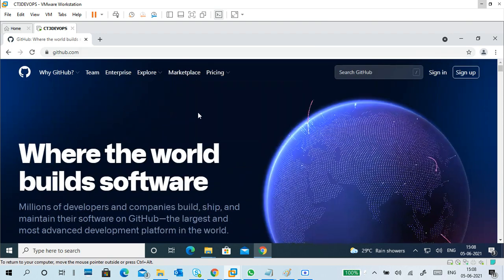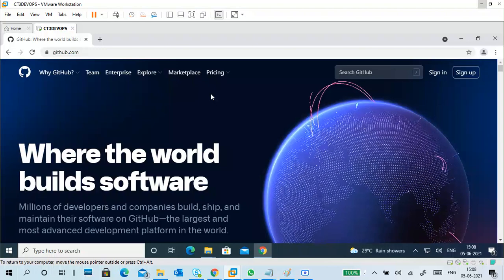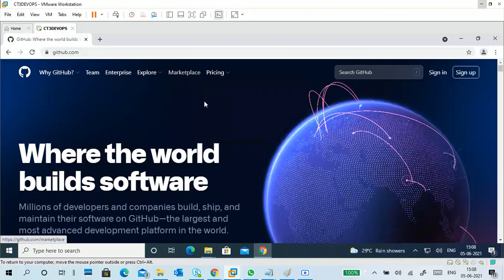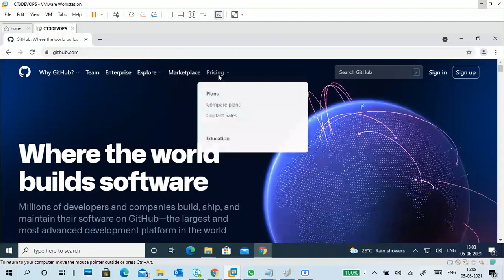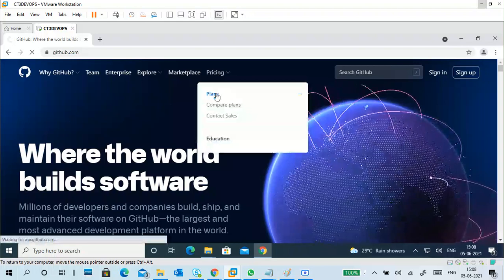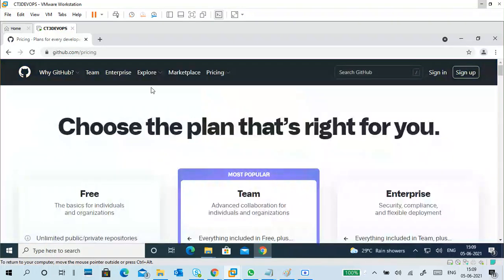For any service you are using, guys, first you have to see a few things: one is pricing, the second is marketplace. So first I'm going to the pricing plans. This is GitHub, not Git.